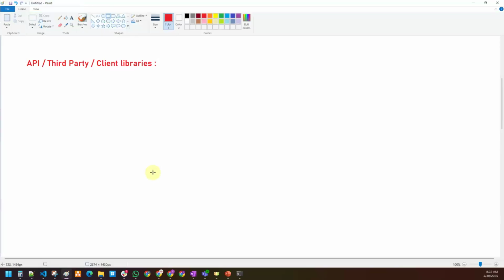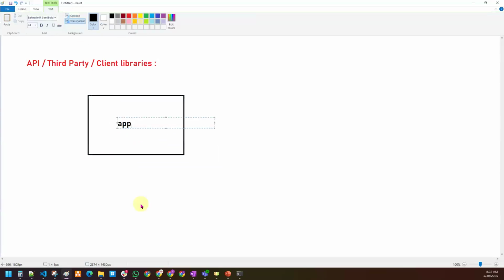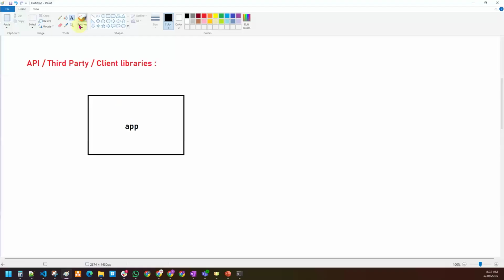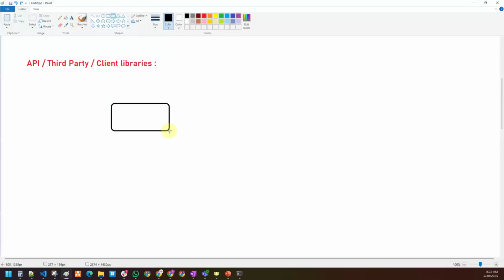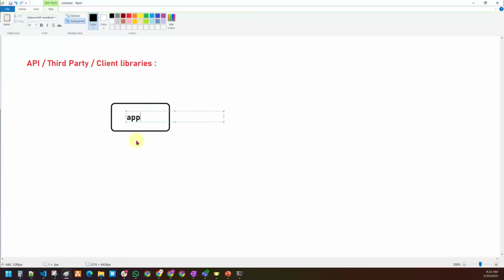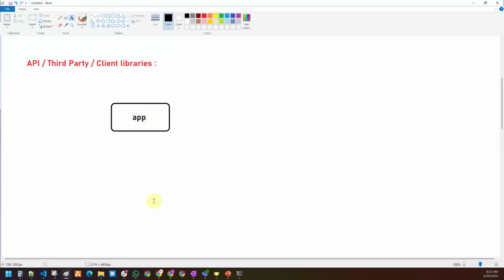Assume that the requirement is, for example, you have an application, a front end application. Assume you have some Flipkart front end application.